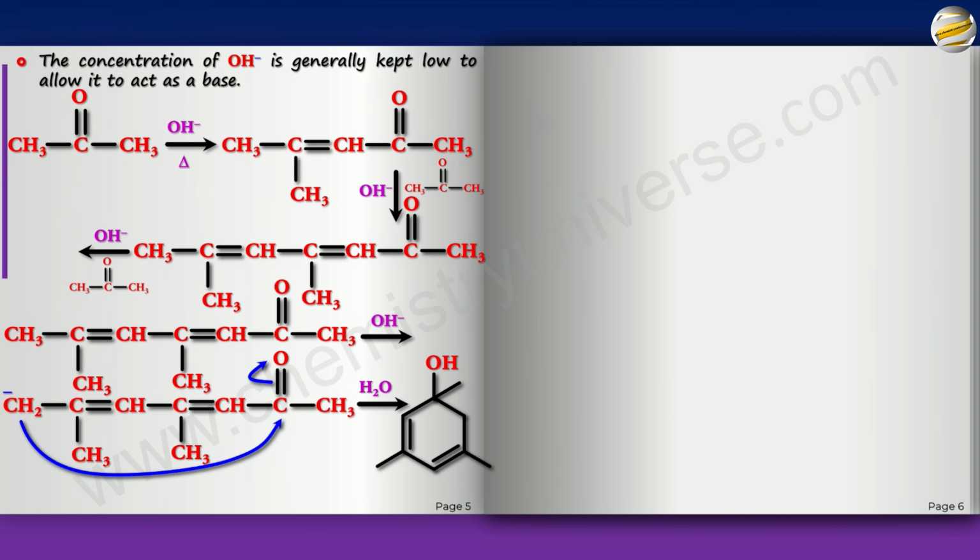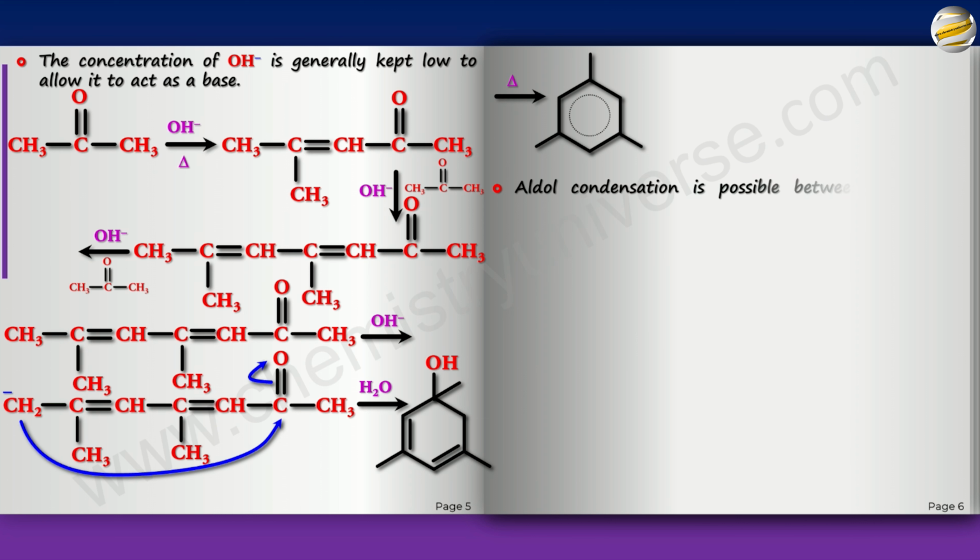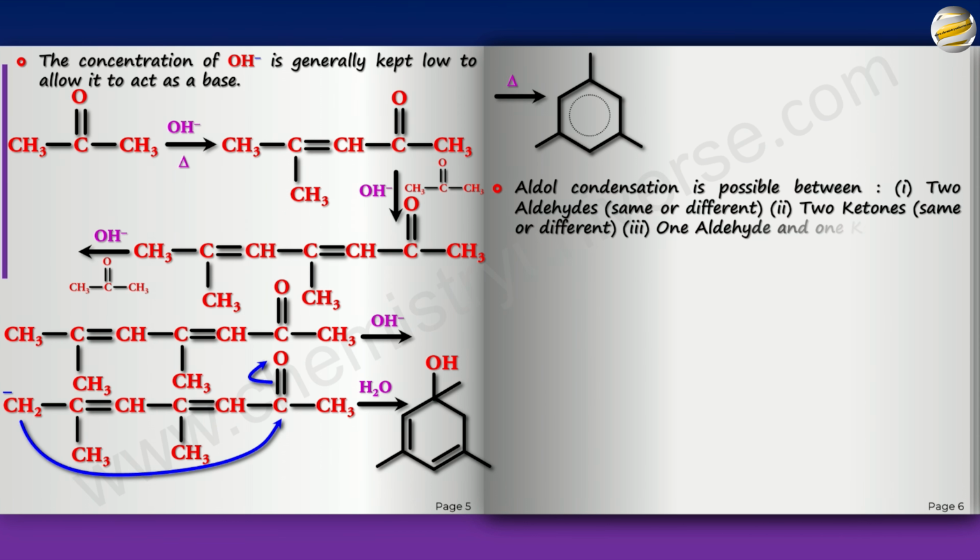So now, what do you think will happen to this if I heat it? If I heat it, don't you think this OH and this H will go? And won't you get a benzene ring? In fact, you get this. Right? Now, as you can understand, aldol condensation is possible between two aldehydes, which could be same or different. It can happen between two ketones, which could be same or different, or it could happen with one aldehyde and one